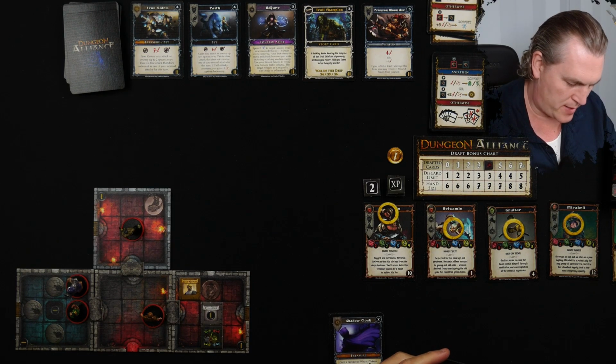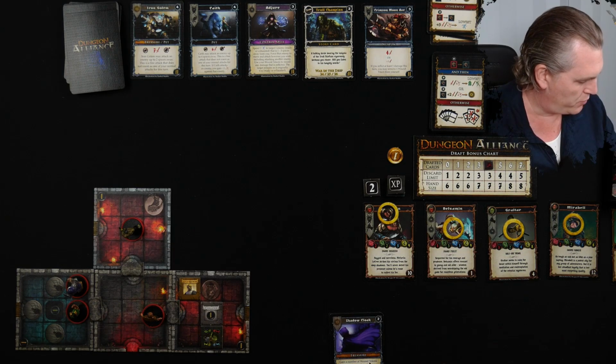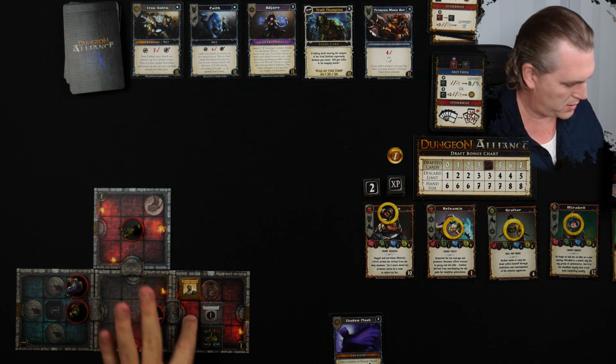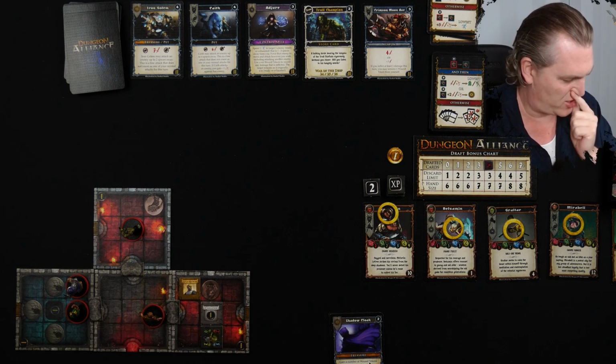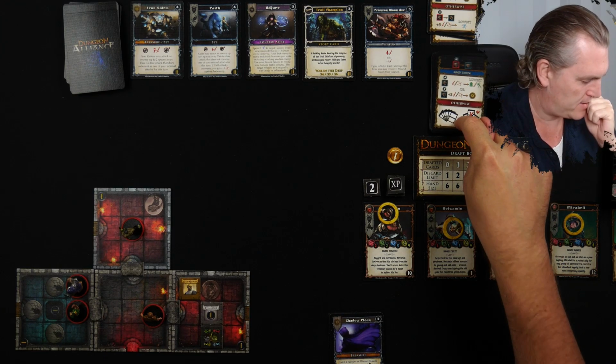Alright, what happens when I go to this kinship? My dwarf is going to be able to go 1, 2, 3, 4, and he is going to be able to attack that goblin, which means we can kill the goblin. But if we do that, then we have to suffer that. So instead,